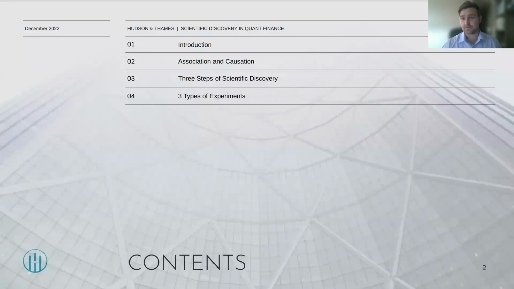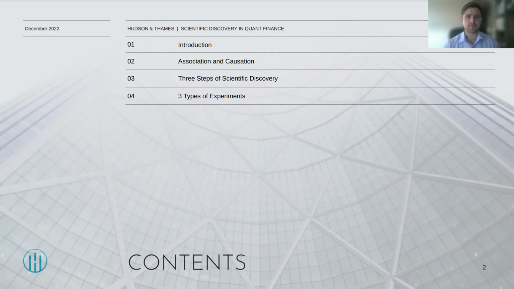So to start off the session today, I'm just going to give an introduction to what the Prado paper was about, and why we're moving more to a scientific process rather than just observing a phenomenon and making unsubstantiated claims. Then we're going to talk about the difference between association and causation, and also the mathematical ways to think about them, so that we have a good understanding when we're moving forward.